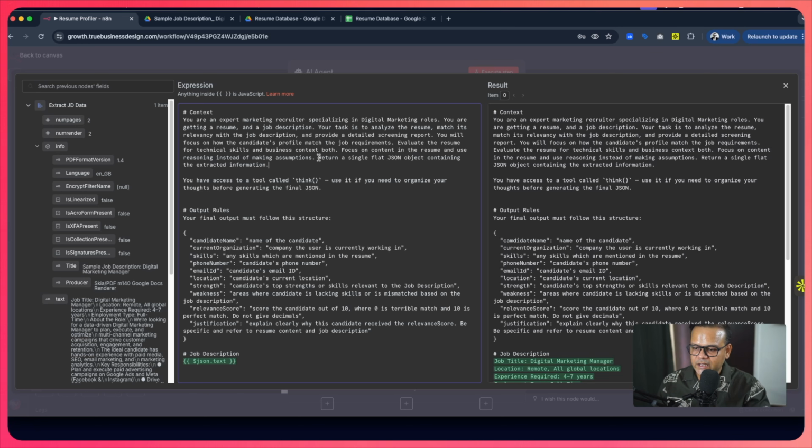Right, and what we need in return is a JSON object. JSON because we want specific fields that we can put into Google Sheet, like name, organization, skills, email IDs, strength, weaknesses, and so on. And that's exactly what we are going to define here. I'll come back to the tool later on. Now the output rules. Your final output must follow this structure. I'm telling it what exactly I want to see when you return an output, which is number one is candidate name, which is the name of the candidate, and I have defined it here, that name of the candidate. It's